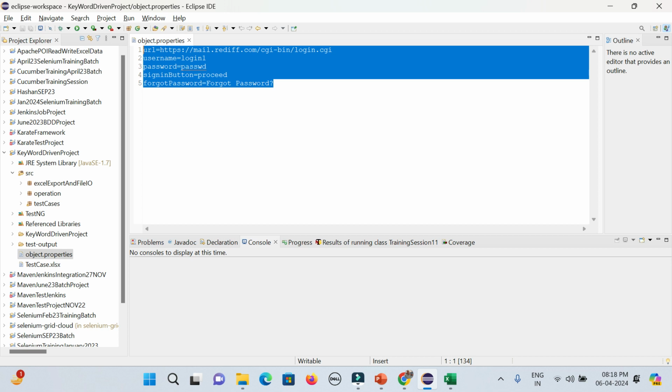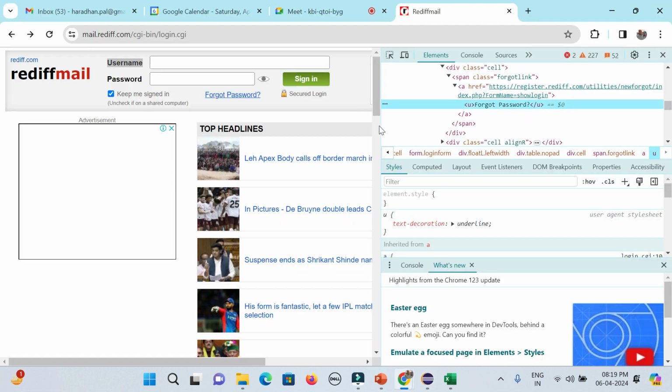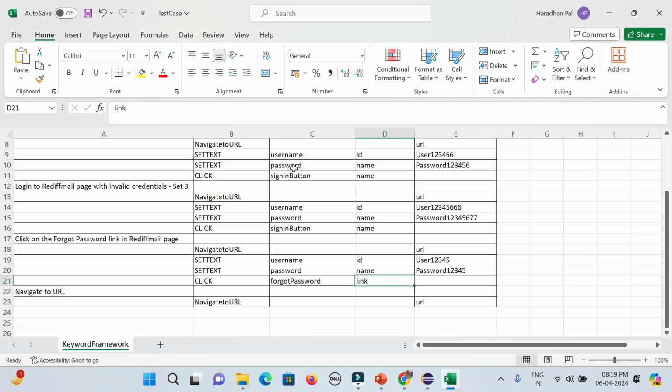So this is the variable name, but that variable name and the Excel sheet variable name should be exactly the same. You can give anything, okay, but that should be the same. And whenever you are using the same field, always make sure that everywhere you use the same name only. Otherwise,